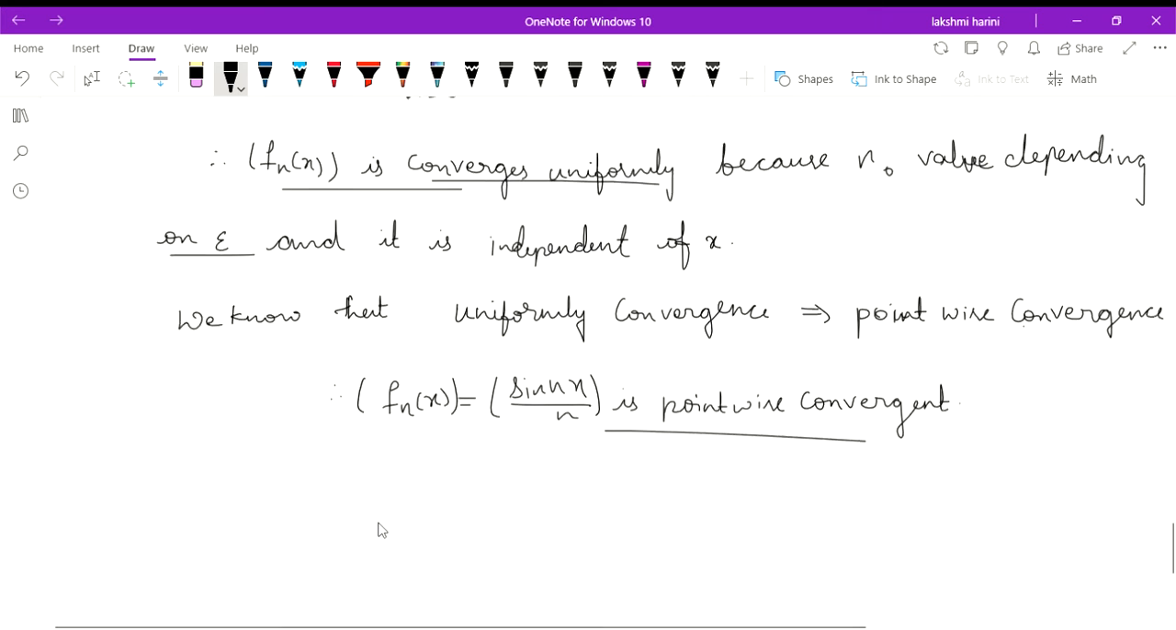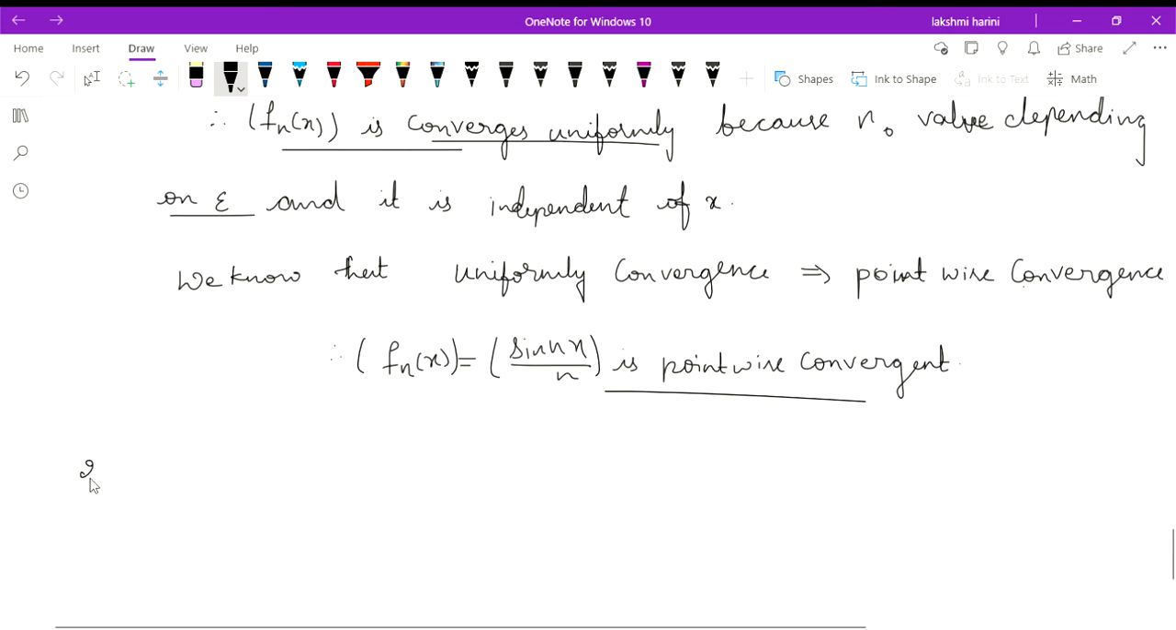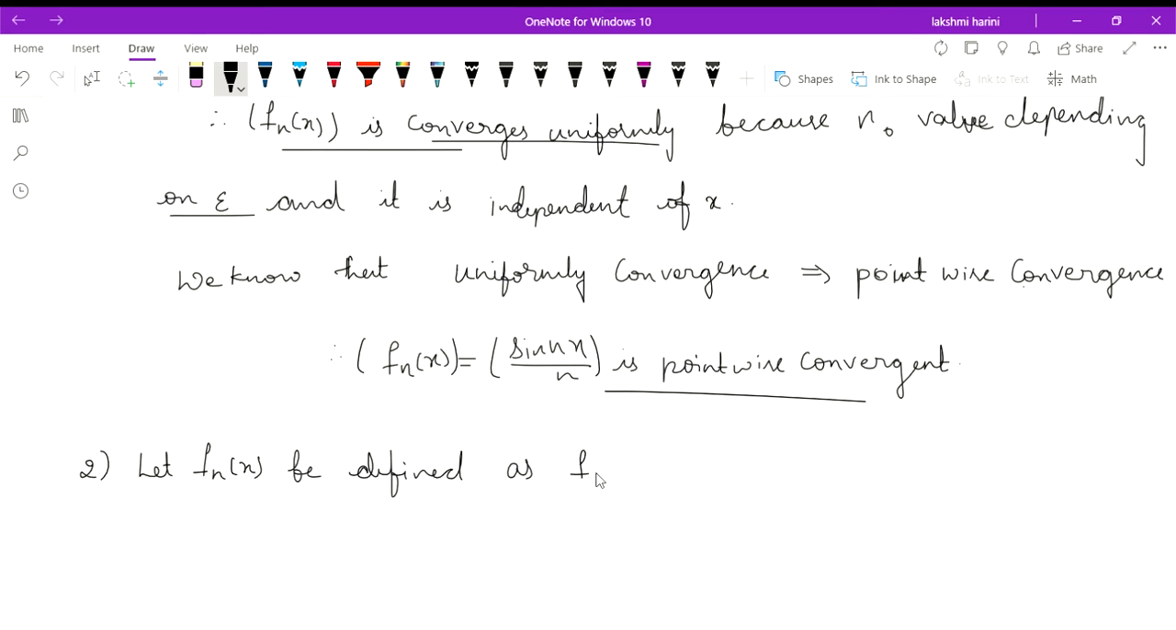Next problem, second problem. Let fn of x be defined as fn of x. You can write this as a note point. Since we know that it is uniformly convergent, therefore it will be pointwise convergent. Therefore the above example is also pointwise convergent. Okay, so now take down this second example, that is, let fn of x be defined as